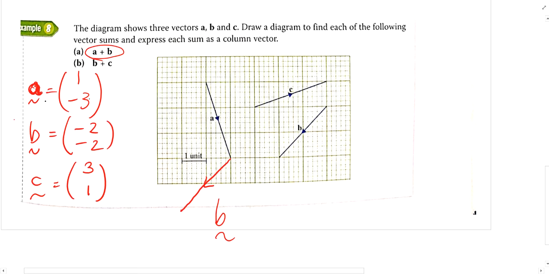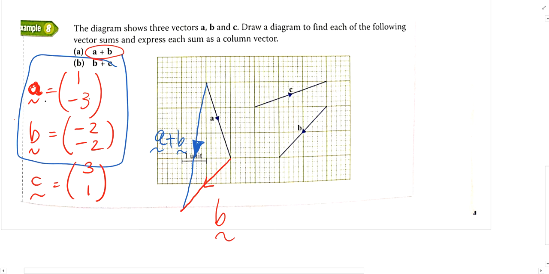Okay, so this is A plus B. So the resultant vector looks like this, from here to here. This is my resultant, in blue color, A plus B. All agree? Yeah. Okay, then we can see that we can use these column vectors to help us arrive at